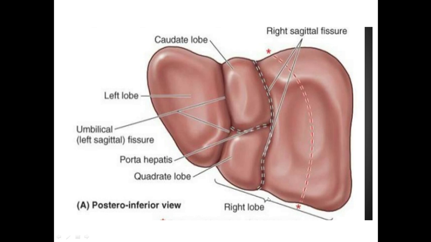See the extent of the right lobe. This is the right lobe. Here is the left lobe. We are seeing the posterior inferior view of the liver. Then we can see two different areas present between the right lobe and the left lobe. In fact, these are parts of the right lobe. The superior one is the caudate lobe and the inferior one, or the one below, is the quadrate lobe. Please see caudate, quadrate.